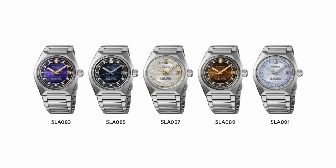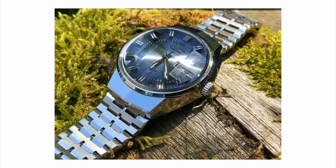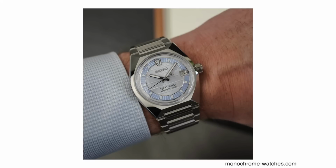The new King Seiko VANAC collection. King Seiko is of course part of Seiko, but it is sort of the more high-end version of Seiko watches. And with one look at this model, you can instantly tell that it's inspired by the models from 1970s. I'm not too familiar with this exact model from 1970s, but apparently it existed. And now in 2025, it's been brought back in a slightly larger case with the new updated movement and of